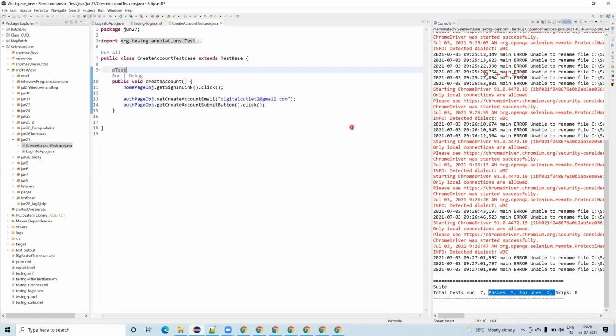Under the braces, in line number 9, groups equals open and close flower brackets. Under the quotes, write create account. This test case belongs to create account, comma, and also to smoke, comma, and also to